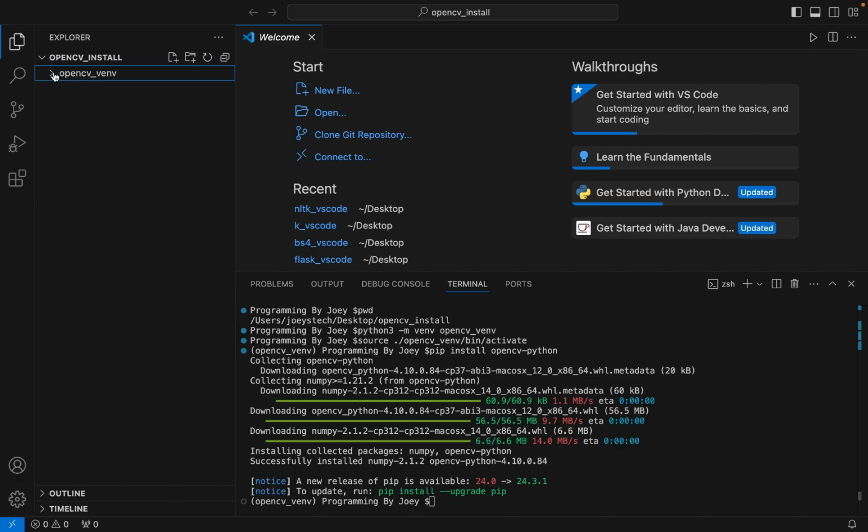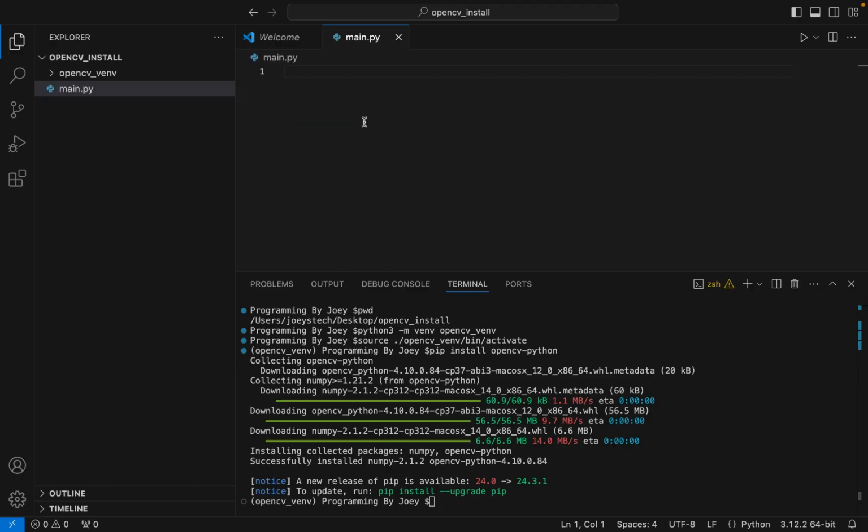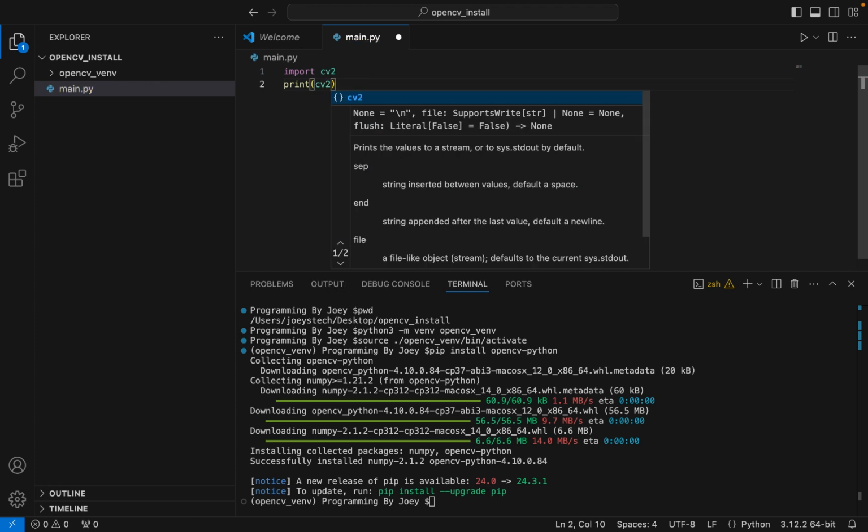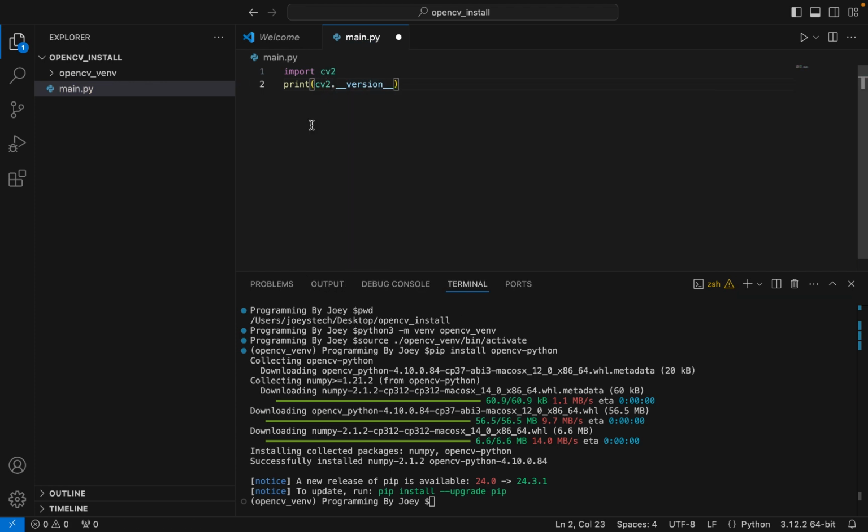Now let's create a file which we are going to name main.py, and this is the file which we are going to use to test the installation of OpenCV library. So over here we are going to write import cv2, and then we are going to print its version like this. If this script of 2 lines of code runs successfully, that means that we have correctly installed OpenCV library in Visual Studio Code. Let me run this,